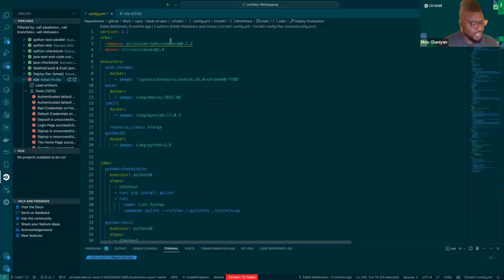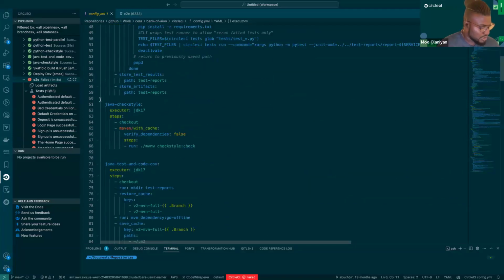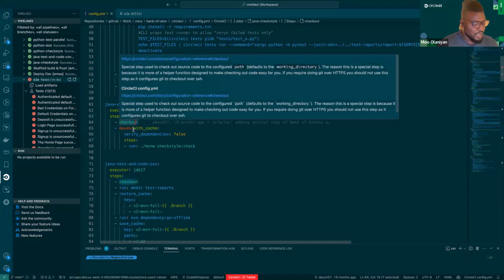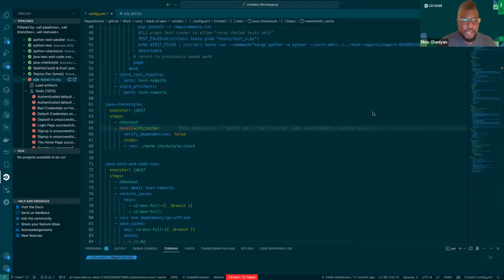So hopping into VS Code here, I'm just going to show you really quickly. In this same configuration YAML, remember how I said we have this Maven orb defined up here? So we're going to scroll down and see exactly how we use it. You can see it's defined by name and version. And then we can scroll down here, this Java checkstyle job, right? What it does is we have a checkout. And then what we're going to do is we're going to run this Maven with cache, right?